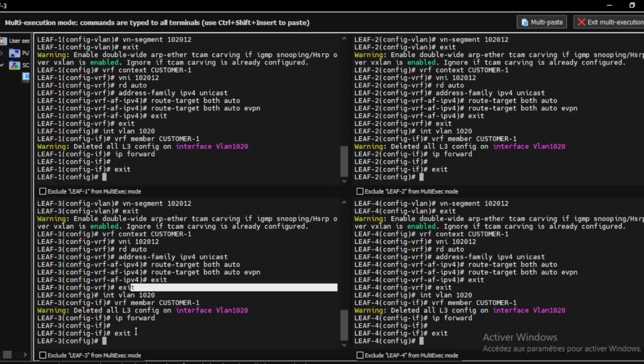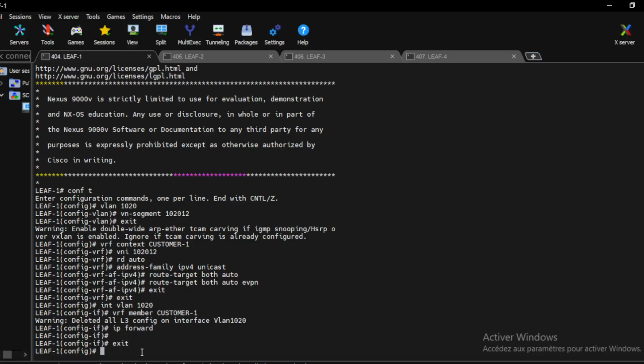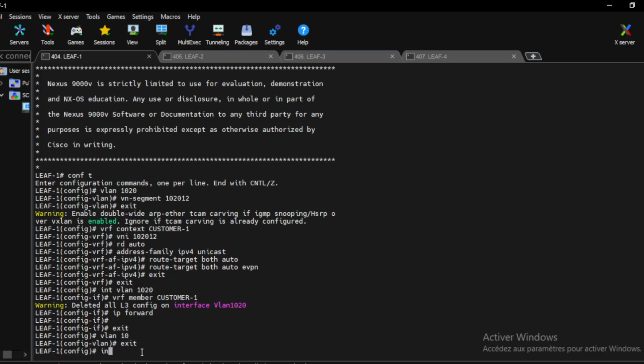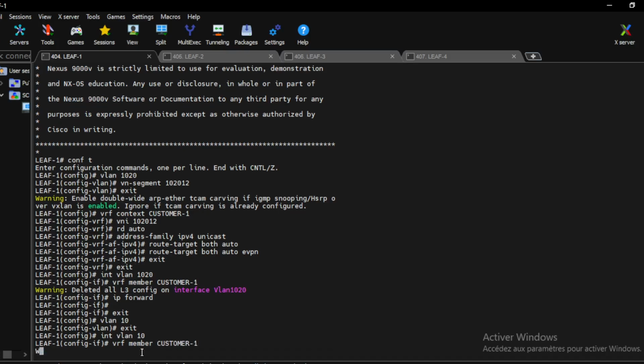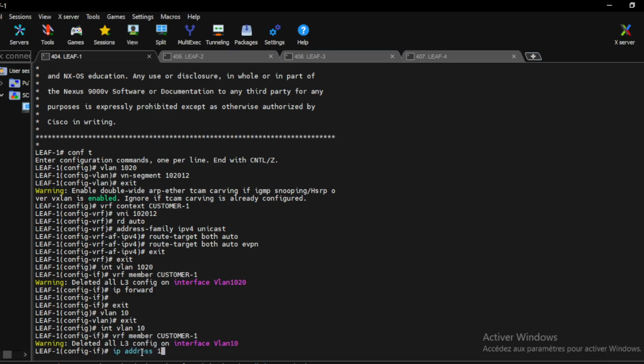Next, we will create SVIs for our customers. We'll create an SVI for VLAN 10 and for VLAN 20. So here on leaf 3, leaf 3 doesn't need VLAN 20, so I have to leave the multi-exec mode. So VLAN 10: interface VLAN 10, VRF member customer 1, IP address 172.16.1.254/24,